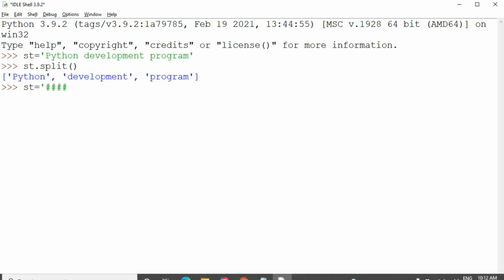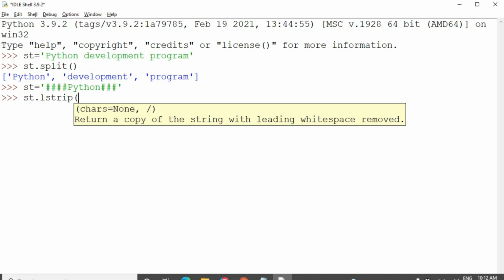I am taking the string as hash Python. I want to remove the left side hash symbols from the string. So I am going for lstrip.